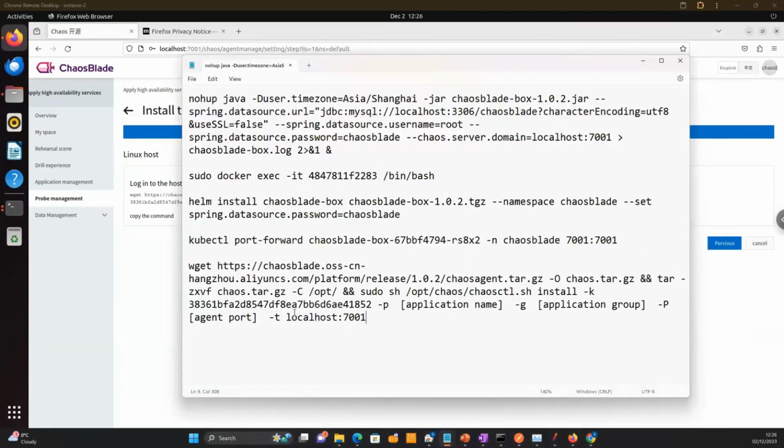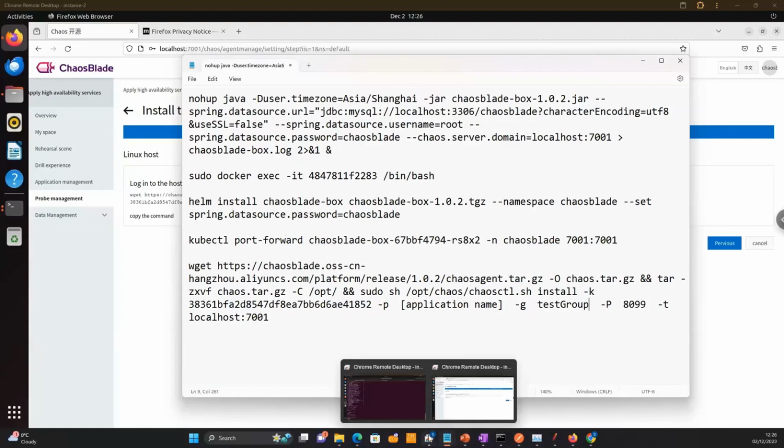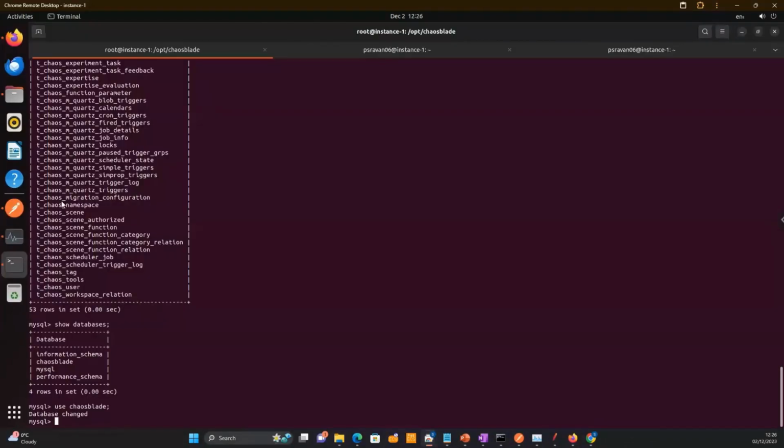So localhost 7001, and the port we can give any random port over here. I'm giving 8099, and the application group, I'm just giving test application group, this group over here. So basically, these are the groups that we were seeing earlier within the application, basically. So if you see over here,